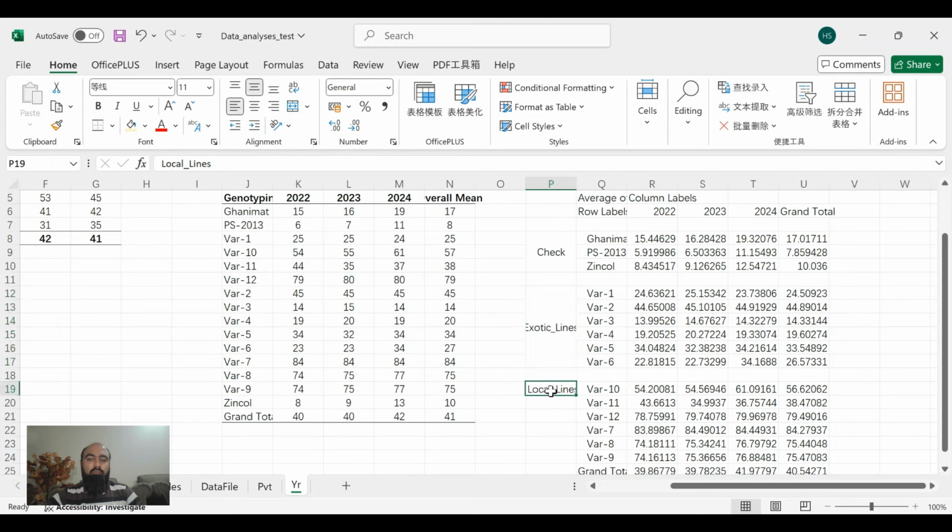So now I have grouped all the data according to the